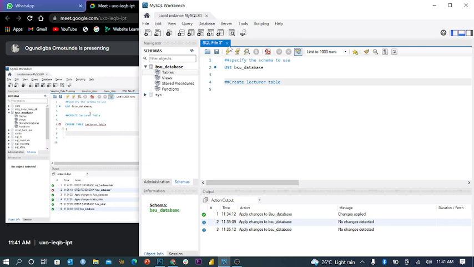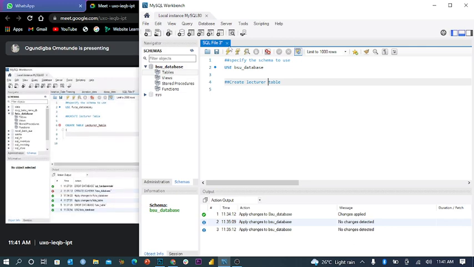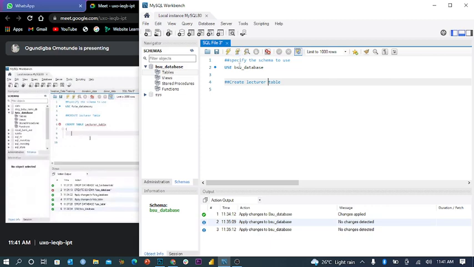So now, when a teacher is employed into the university or employed into any firm, there's always a distinct number or identification number that is given to each and everybody. I know you might not be familiar with the lecturer zone, but when a student is admitted into a university, he is given a matric number for easy identification. So we know no two students can have the same matric number. When a student comes, only one student can have one matric number. Two people cannot be sharing the same matric number.